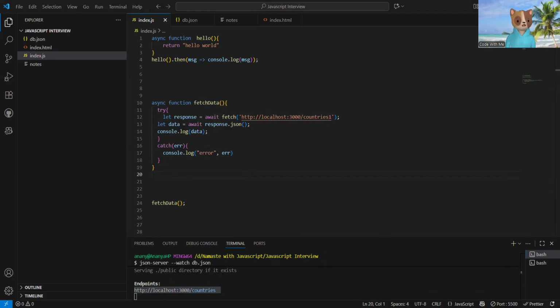Oh, error, syntax error, unexpected token not found in the validation. See, this error is because I gave the wrong API. If there is no data in that scenario, I think I will try that one also.